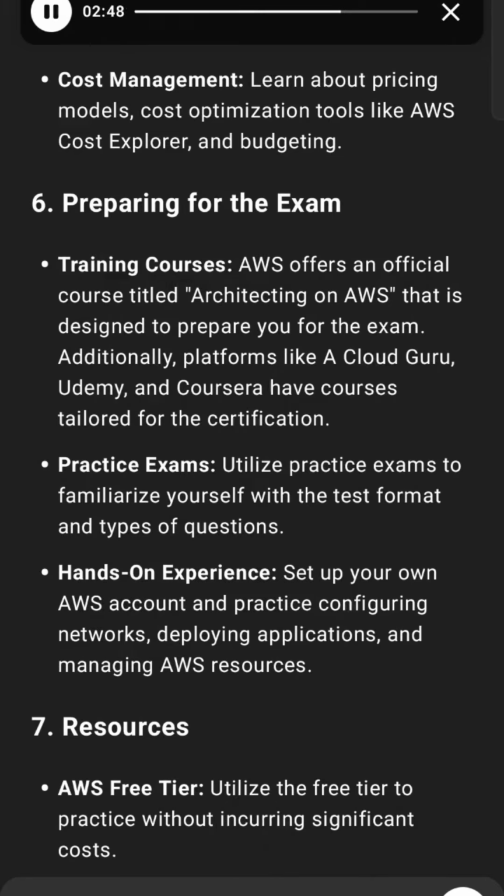Learn about pricing models, cost optimization tools like AWS Cost Explorer, and budgeting. 6. Preparing for the exam. Training courses. AWS offers an official course titled Architecting on AWS that is designed